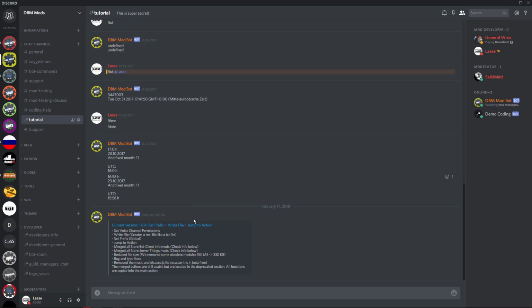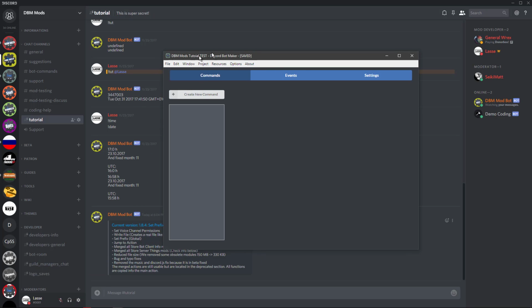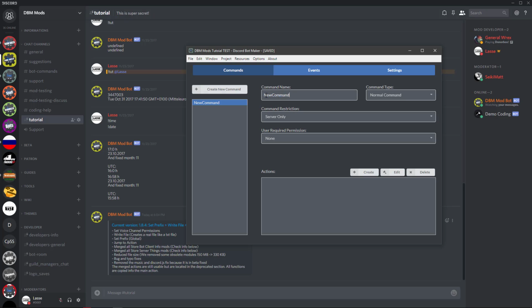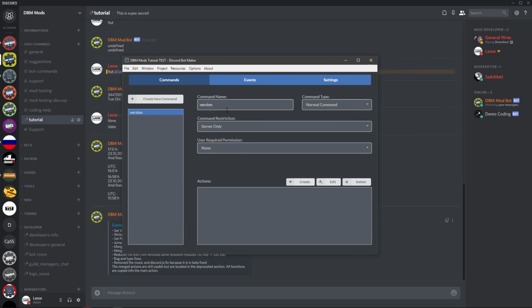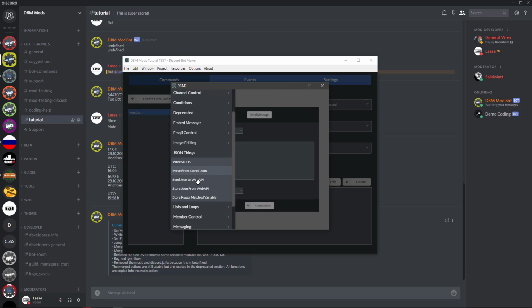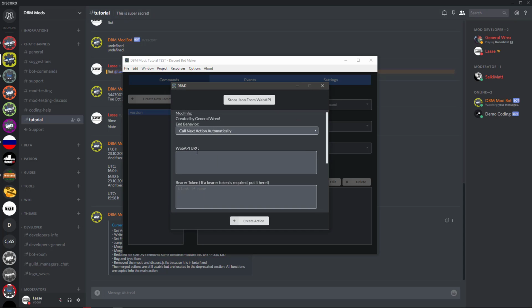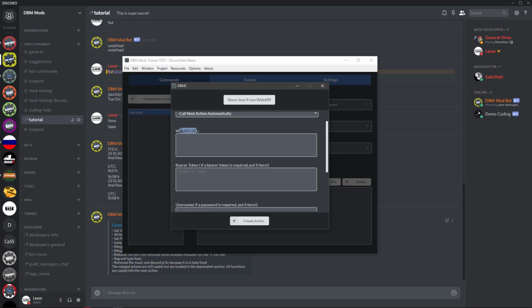You need Discord Bot Maker mods. I will do that from scratch with you today. So we will use a new command called version, and add a new action called Store JSON from WebAPI. Now you will be asked for the WebAPI URL. You can use nearly every